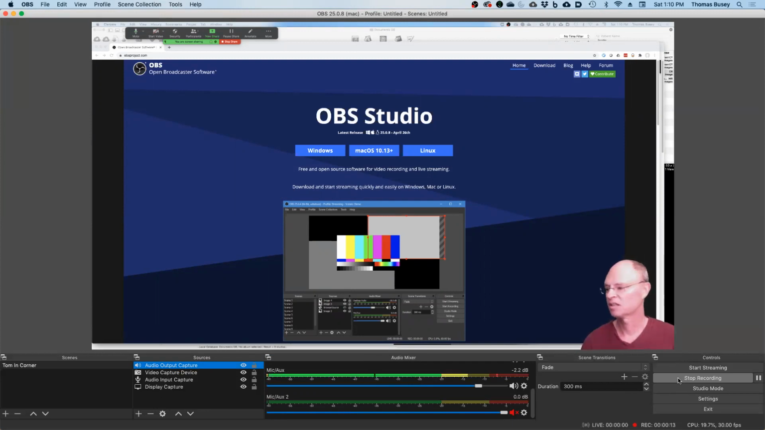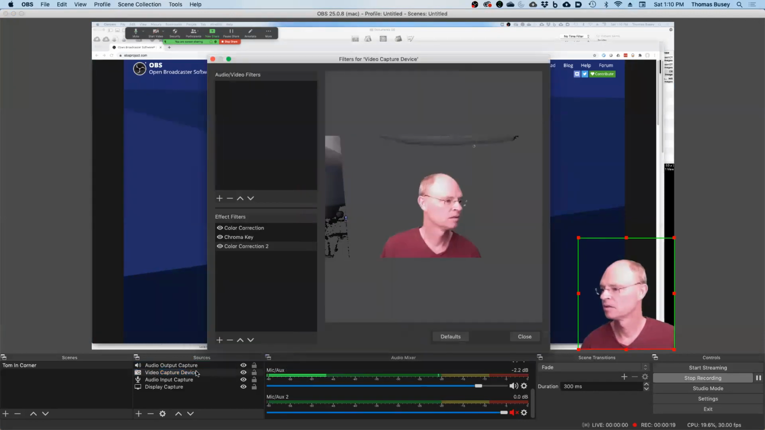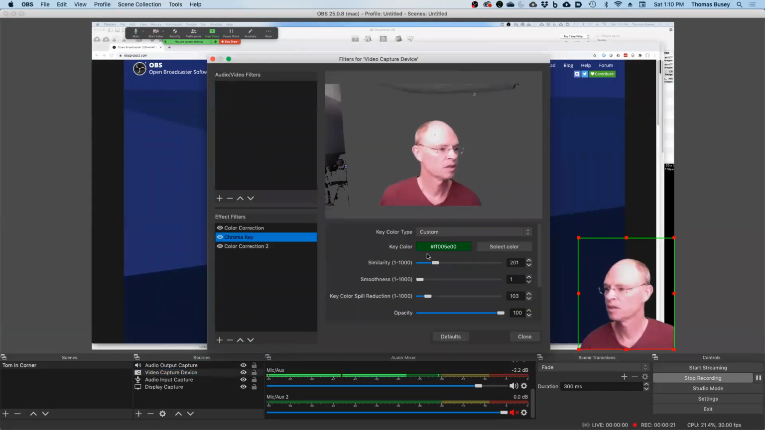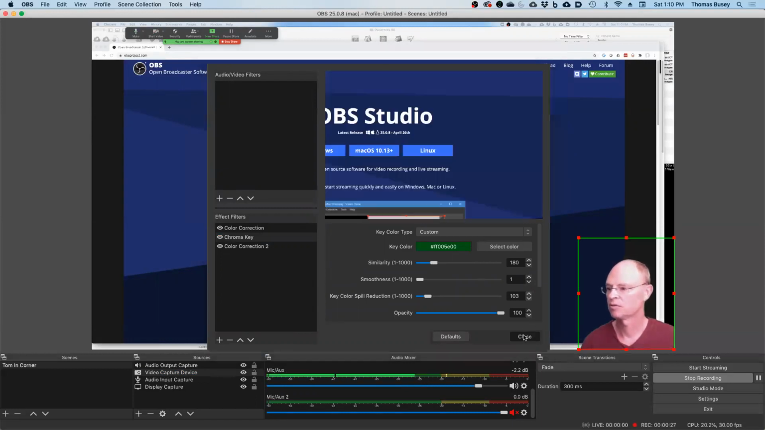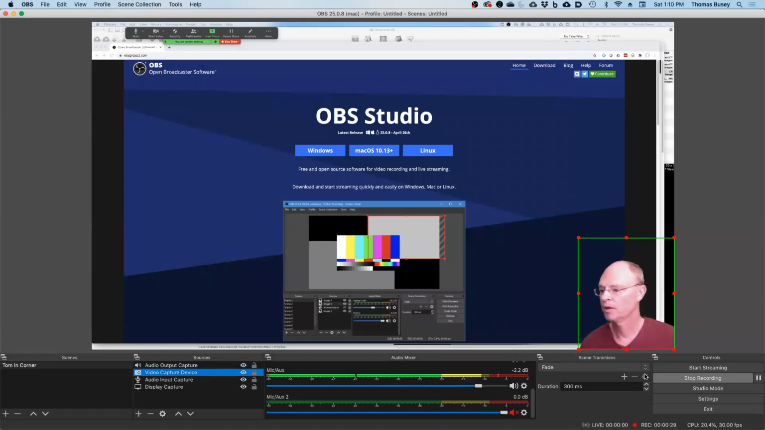I'll have to adjust the settings of my capture device here. Chroma key, so let's adjust the similarity so it reduces the glare, there we go. Okay, so then we'll stop recording, and then we'll go up here, and you may have to remux your recordings,